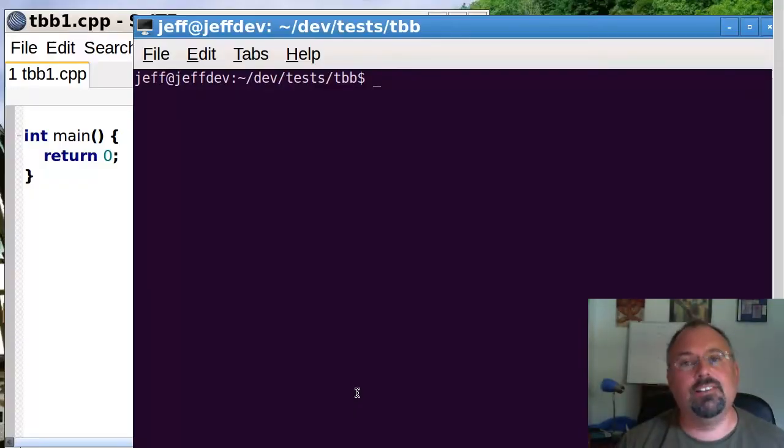Hi, I'm Jeff Cogswell. Today at GoParallel, we're going to look at how to do some basic profiling in threading building blocks. Now, one thing to keep in mind when you're doing profiling of parallel applications, there's two ways you can profile. You can use what's called wall clock time, which basically means the actual amount of time that has passed from the moment the routine or set of routines starts to when everything finishes.